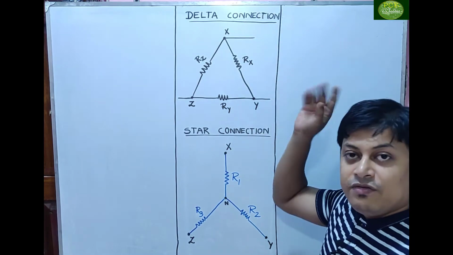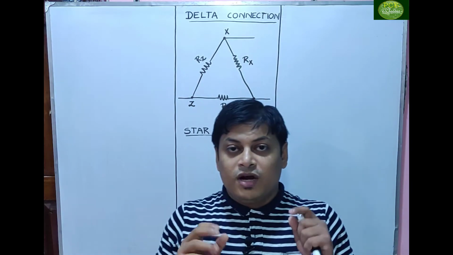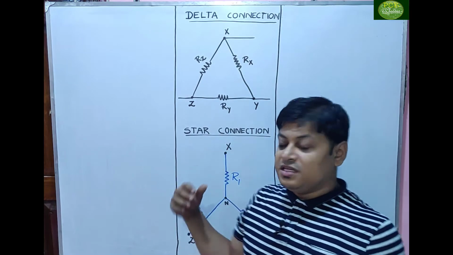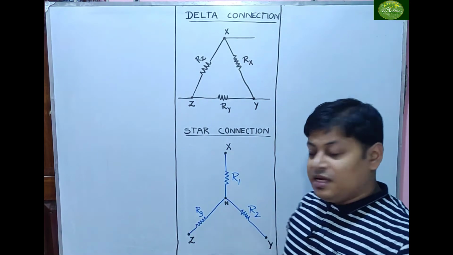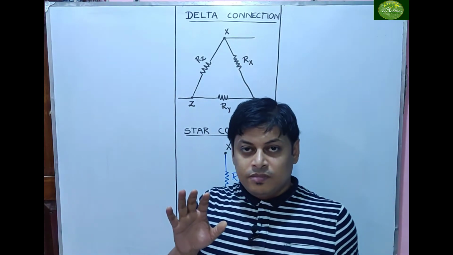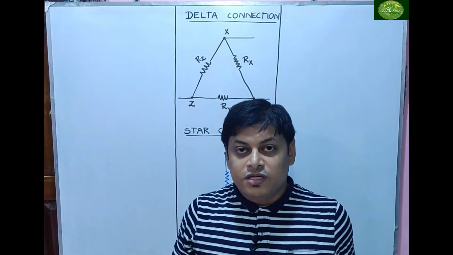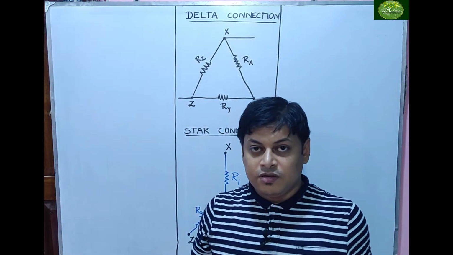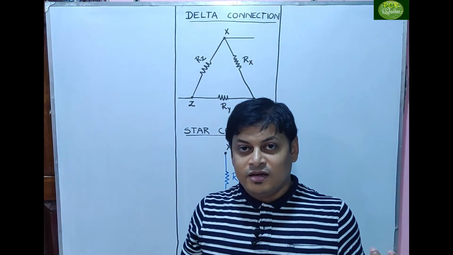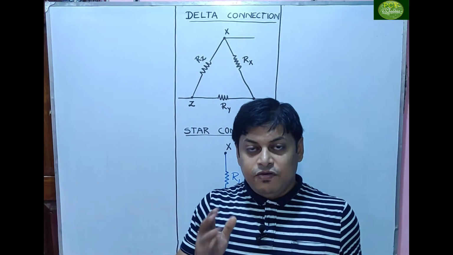Fine. Now, why do we need it? Sometimes while finding out the R equivalent, what happens? We get this type of circuit, delta, or this type of circuit, star, where three terminals are there. That means the current will be entering from three ways. Fine. So there will be a confusion how to solve that type of network, because multiple currents are entering or multiple terminals are there. Fine.